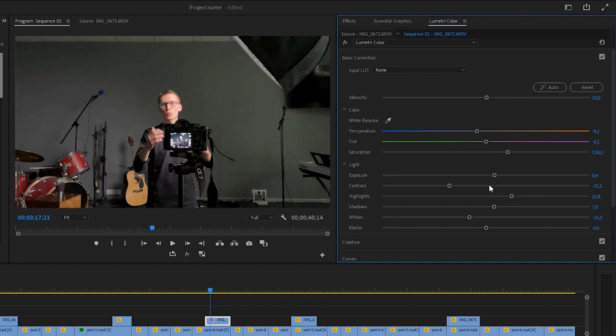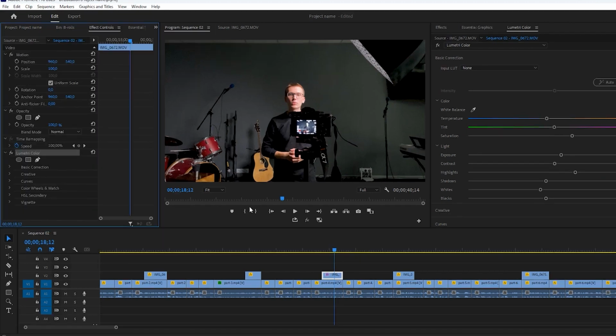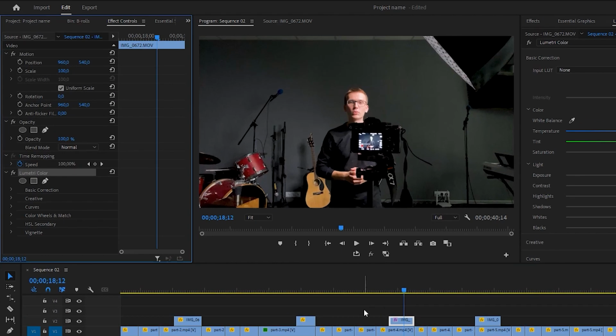Set the contrast to the default value of 0 by double-clicking the slider with the left mouse button. To make the video tone deeper, I set the value to -10 for shadows and blacks. That looks better. To apply these adjustments to other frames, go to the Effect Controls panel and copy the Lumetri